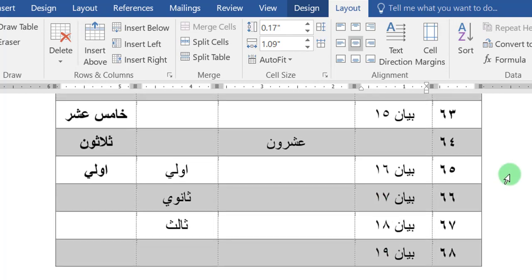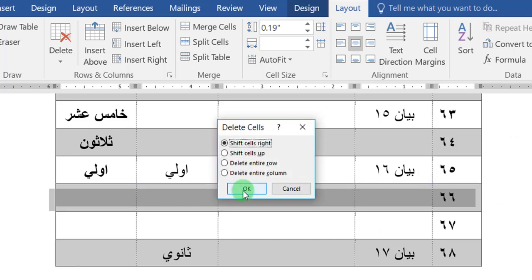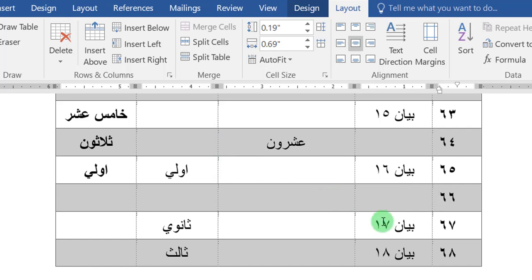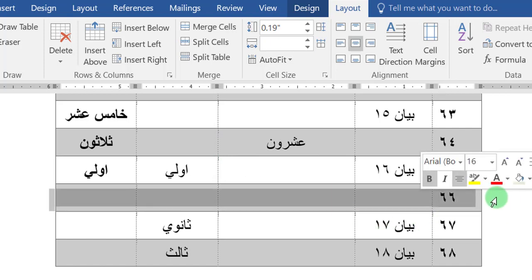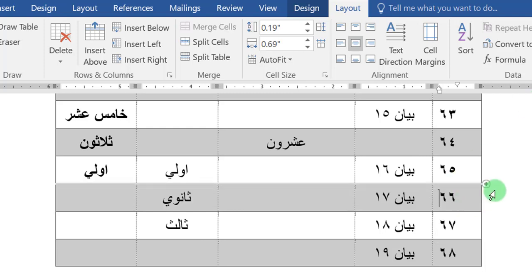Sometimes, you need to create equations within the table. We'll make some modifications to clarify equation creation.